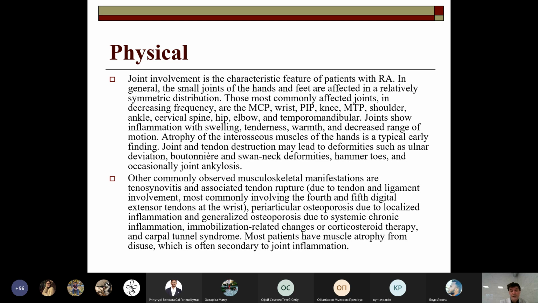Immobilization-related changes and corticosteroid therapy are aggravating factors, and these can be seen in the majority of patients with rheumatoid arthritis. Moreover, many patients have muscle atrophy due to disease activity or severe movement limitation, so please be sure to check it completely and provide the final completion of the questionnaire called